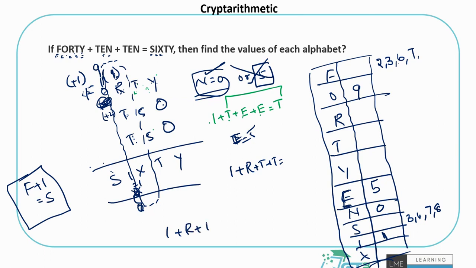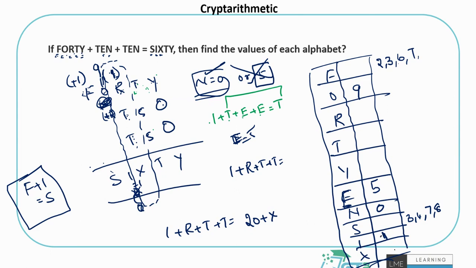I understood that 1 plus R plus T will be like 20 plus something, because that's why I am carrying forward 2. So if x is, let's say, imagine 4, so I am getting 24, something like it. So if I write it, it will be like 20 plus x. Why did I write 20 plus x? As I said, I need to carry forward 2 here. That means 1 plus R plus T must be like 21, 22, 23, 24 or something, because of which I am able to write 2 here and the remaining unit digit is written for x.